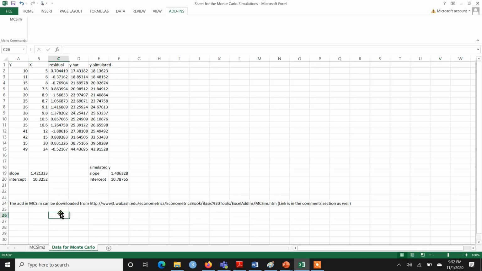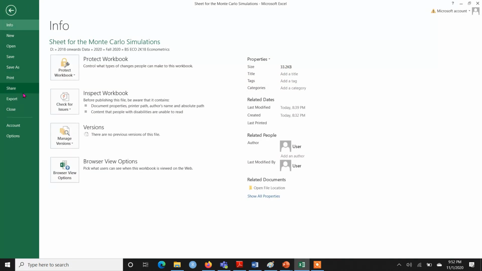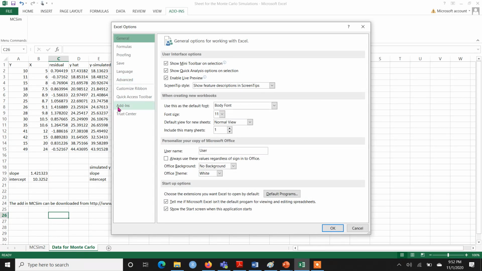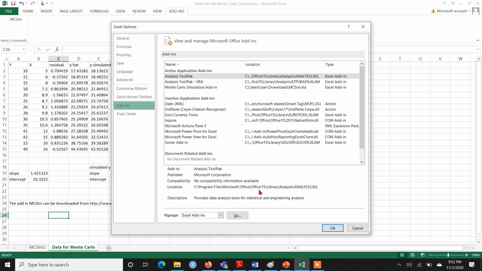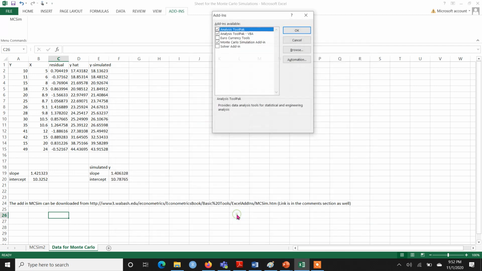You can download this add-in MCSim. Suppose that you have downloaded the MCSim and you want to add that add-in to Microsoft Excel. What you have to do is go to File, then go to Options, and in the Options this pop-up window will appear where you have to click on Add-ins, and once you click on Add-ins you will click here on Go.